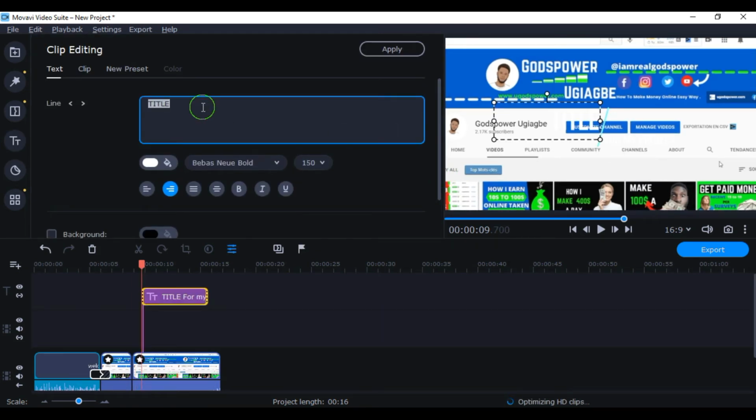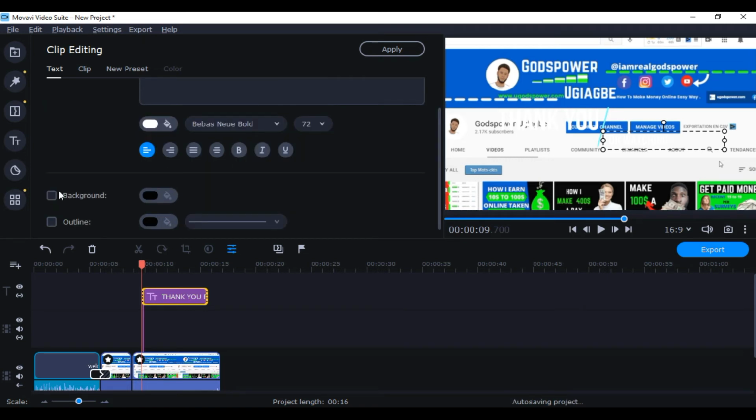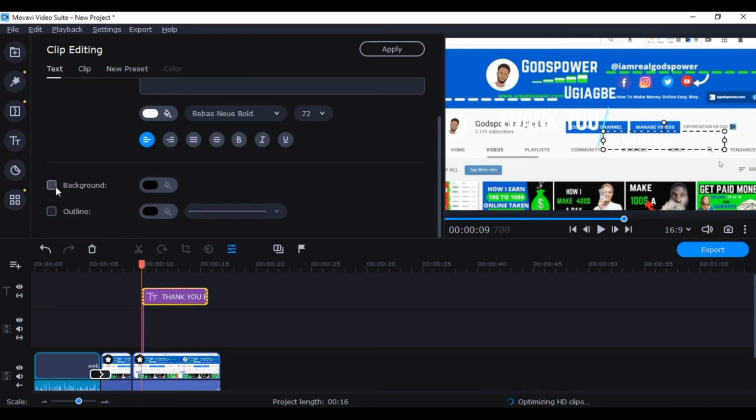We can just say thank you. We can just write something very simple there. I just say something like thank you, and we write thank you. Then the other one will be thank you for watching. So we can just do something very simple like that, and now we can change the background of the text. How to do that? Just drag this line down and click on the background,